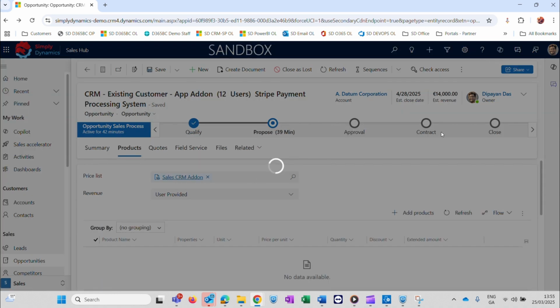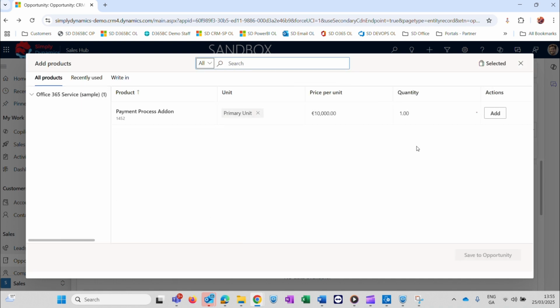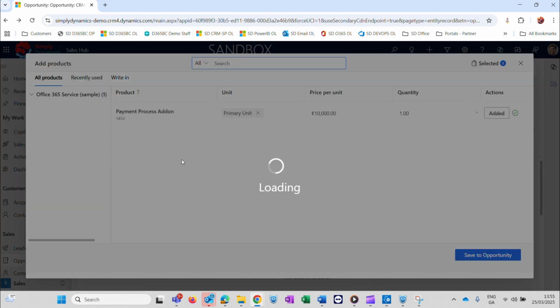Remember, everything in the system can be configured and tailored to your choice. Additionally, if your business requirement requires you to add custom fields, business process flows, and other customization, then you can also do that using Power Platform, or you can configure your system accordingly. So I have this product here. I'll just add it to my